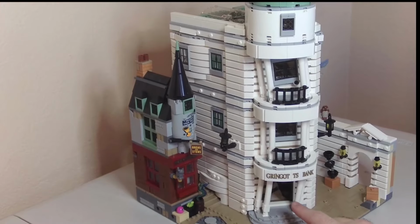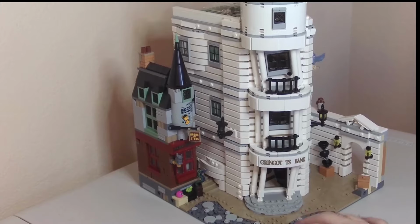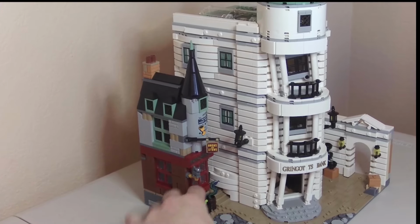So we have the front doors here of the bank. Nice step up. Some nice cobbles here from the alley. We actually have some nice animals. A cat here for the signage. A puffskin, which is actually a small